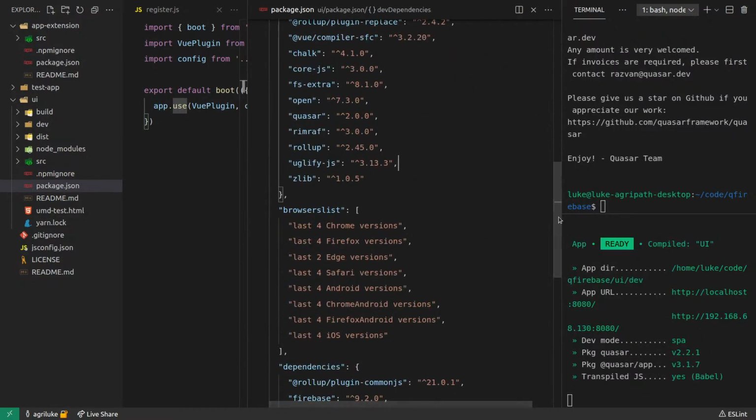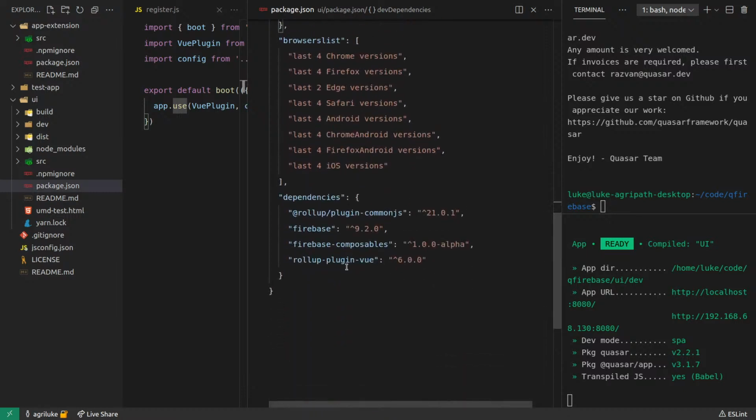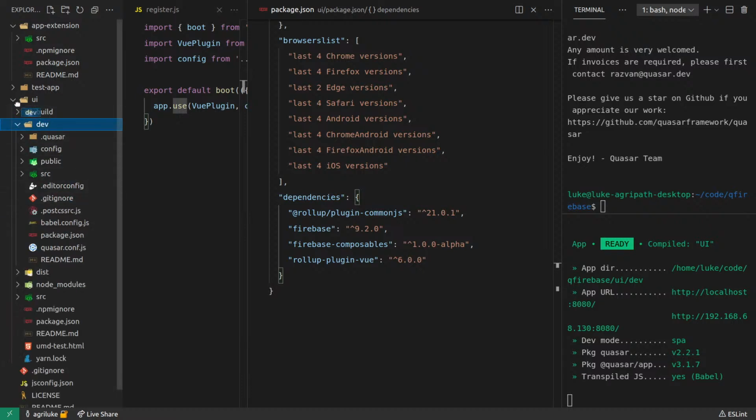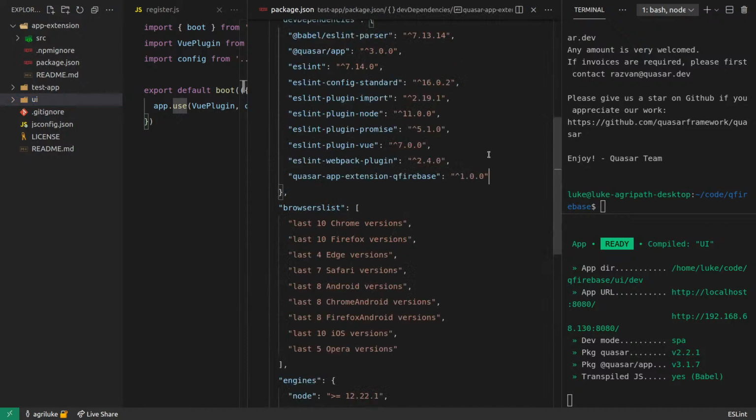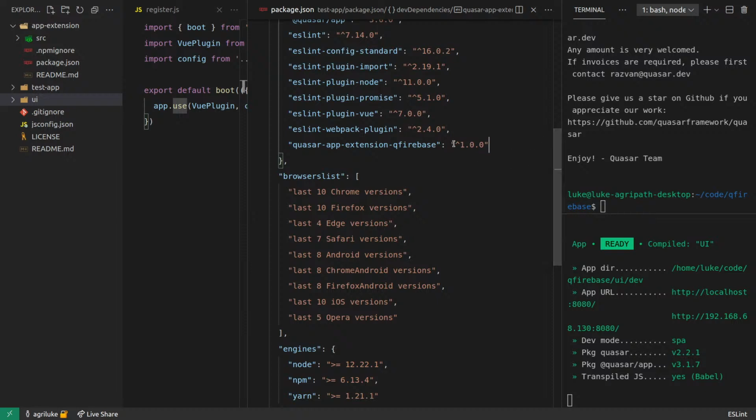And I think that's about it. There might be, no, it's not going to be anything inside of there. Okay, so where am I at? We've got our new Quasar app extension. Actually, no, I don't even need to give it a version. All I have to do is point it to the file. So we do that by saying file